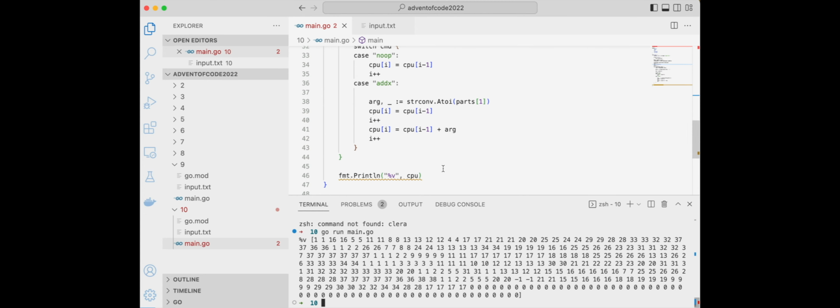Let's see the values at 20, 60, 100. So fmt.Println 20, 60, 100,